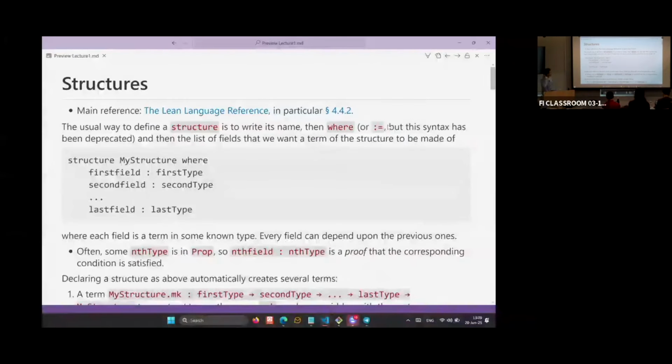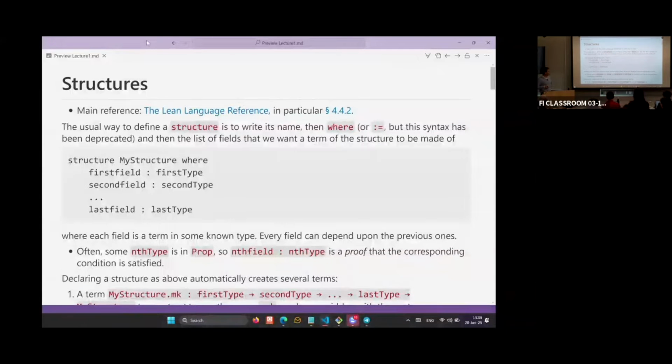Okay, so let's resume. I have been asked to speak about structures a little bit. You have already encountered many structures during this workshop. The point of my talk today is to explain how Lean really handles structure, how you can define your own structure, how you can define terms inside structures, and so on.